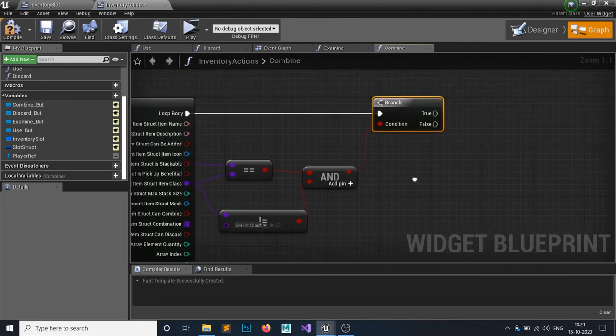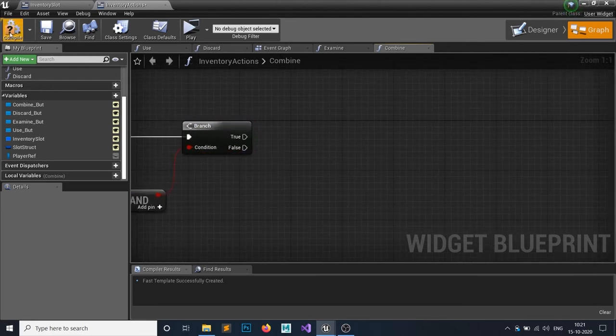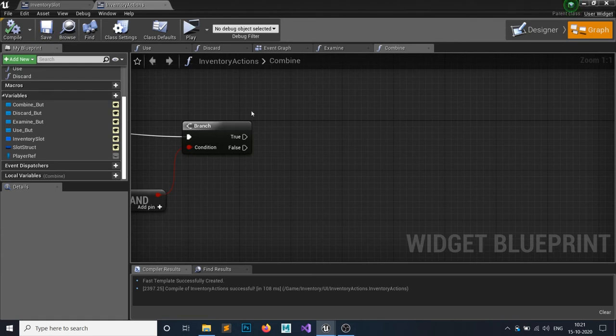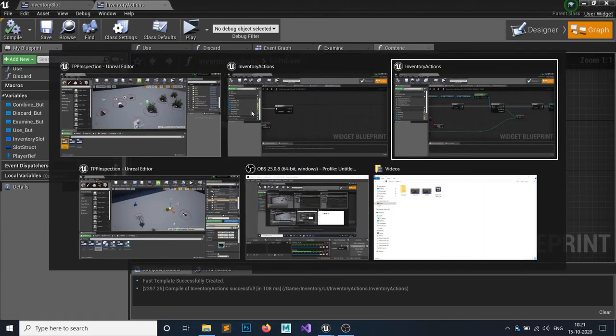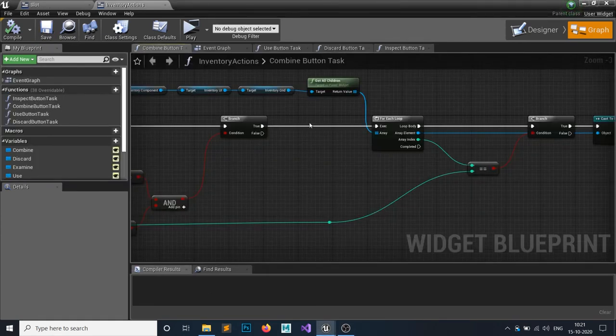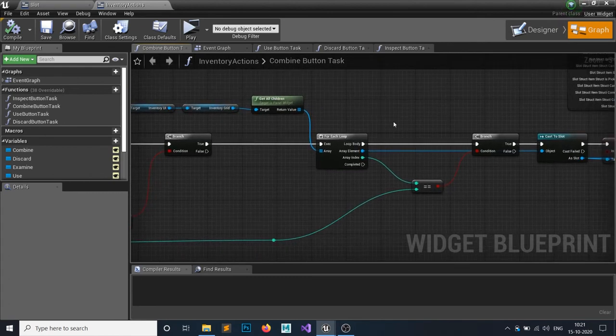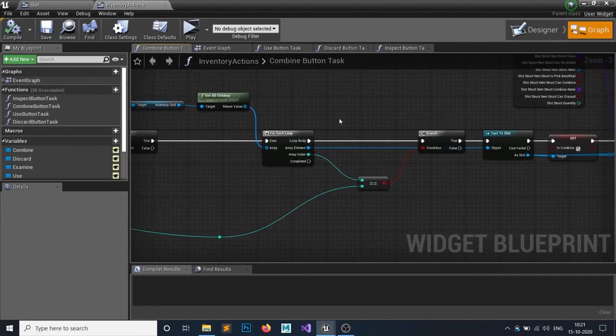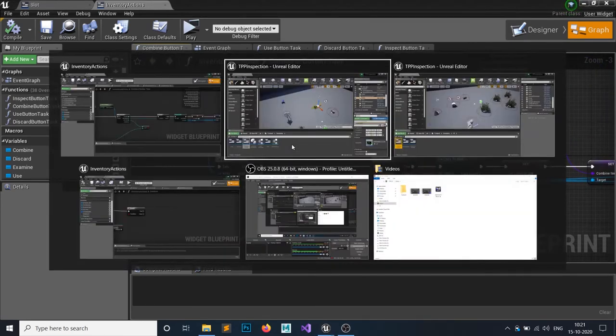Yes. So if it's true that we have the combination events in our inventory, then we want to do the further part.